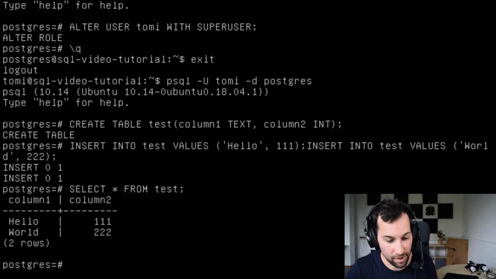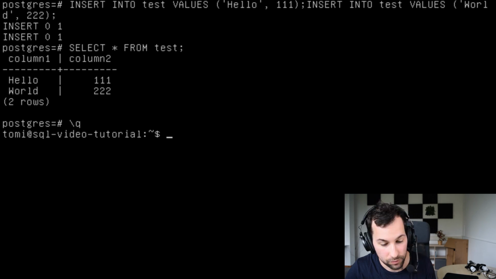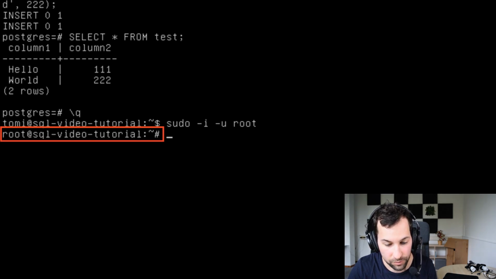What's more important right now is that you log out from Postgres with the \q command again, and that we quickly run a few configuration commands so that you will be able to access your remote server and your remote PostgreSQL database from your local computer with an SQL manager tool like pgAdmin, or in our case, SQL Workbench. For that, you will just have to set 2 things on your server. But the first command that you will have to run is sudo -i -u root, and with that we will log back into our root user,